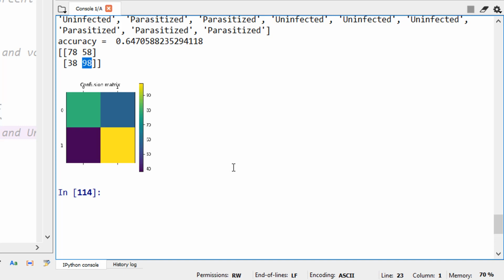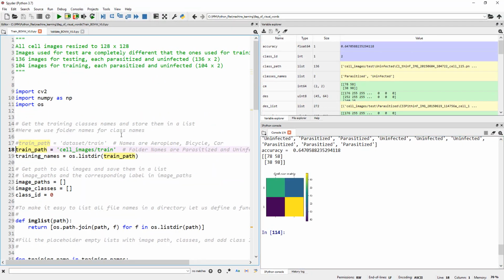Okay, so we have 136 images that are uninfected and 136 images that are parasitized or infected. So of those, it only got 78 correct here and 98 correct here, which means it got 58 wrong there, 38 wrong here. On total, it gives an accuracy of 64.7%. That is not good enough. So let's see. First of all, let's